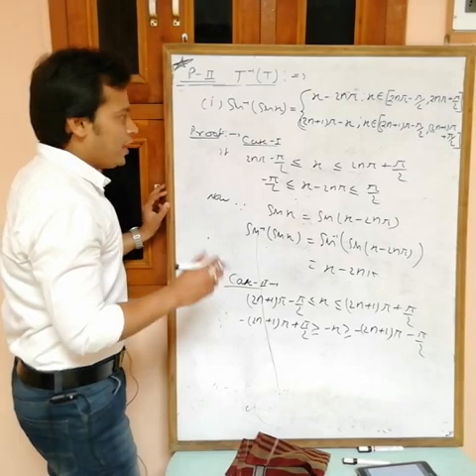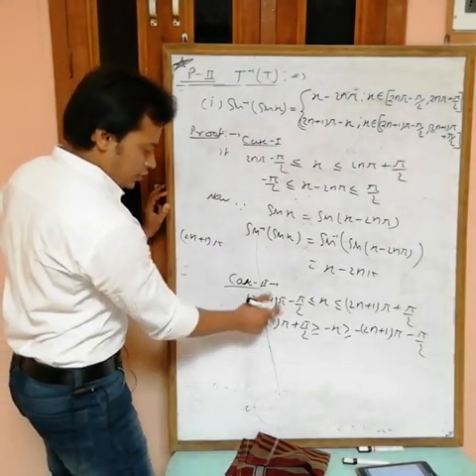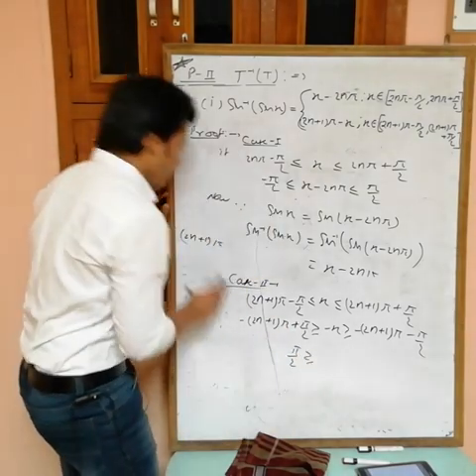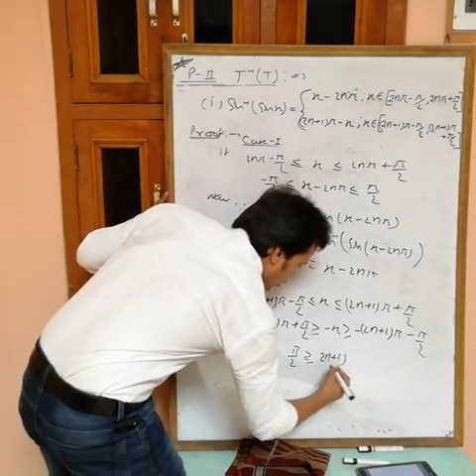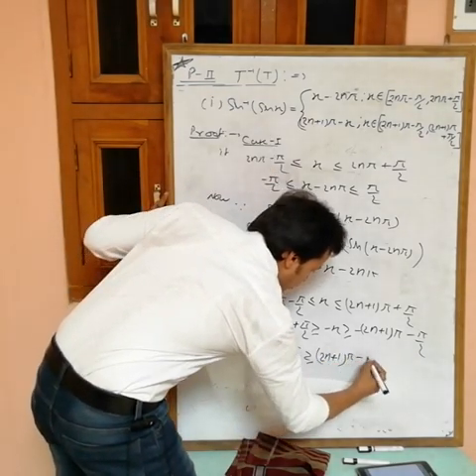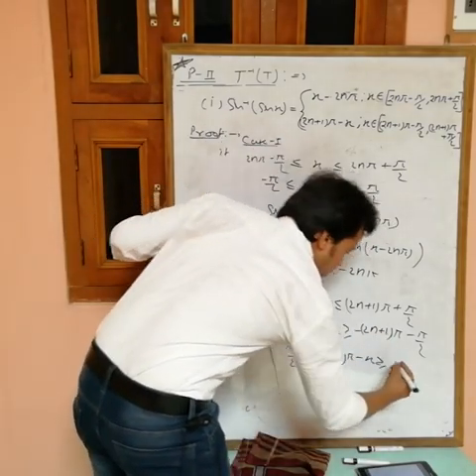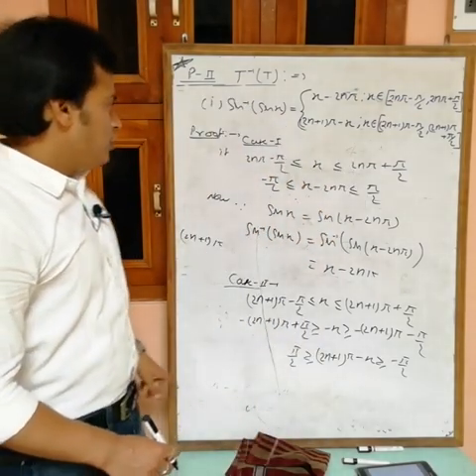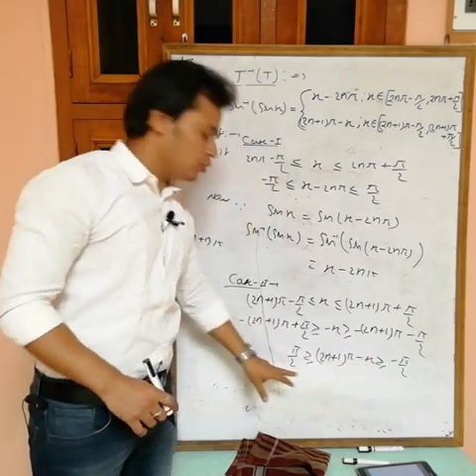If I add this (2n plus 1) pi, then this will be cancelled out. Then what are we getting here? Pi by 2. Here we are getting, adding this in this, (2n plus 1) pi minus x, and adding in this one also, this will be cancelled out, minus pi by 2. So after adding this, I am getting that this value lies from minus pi by 2 to plus pi by 2.